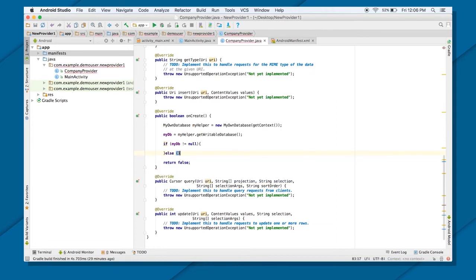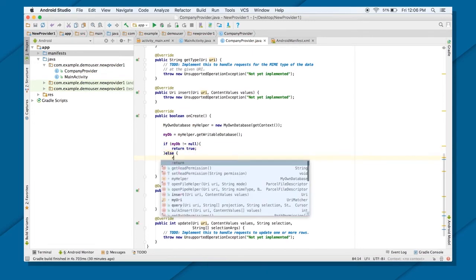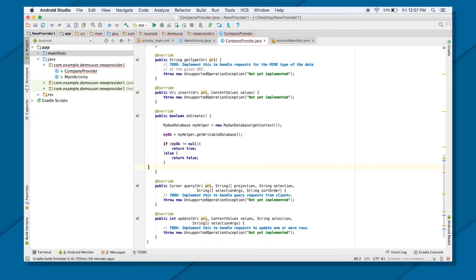Else, if it is returning null, that means there was no writable database, and you don't really want to create one, there is no database created for you at that point of time, so you will return false. That's it. So now you have your database with you.